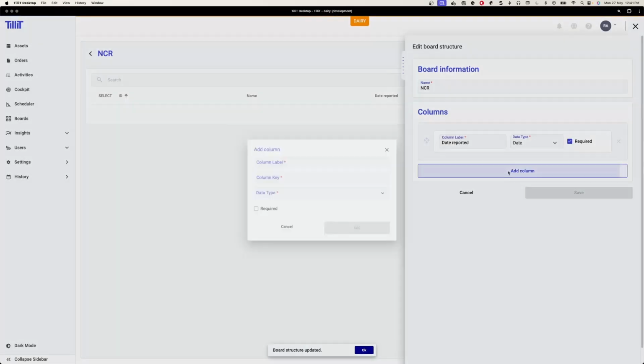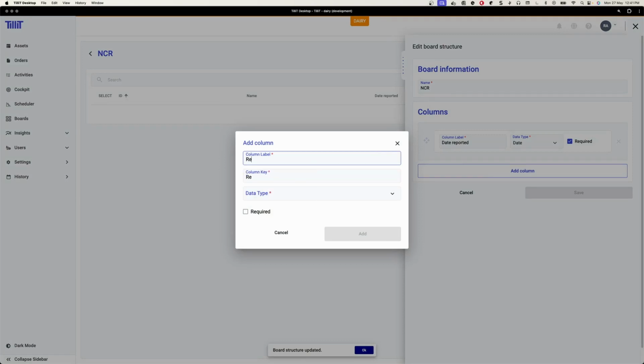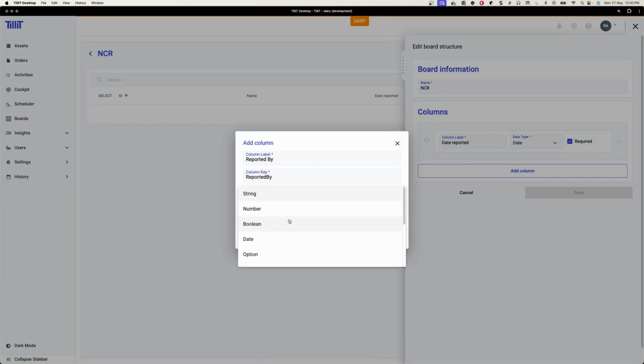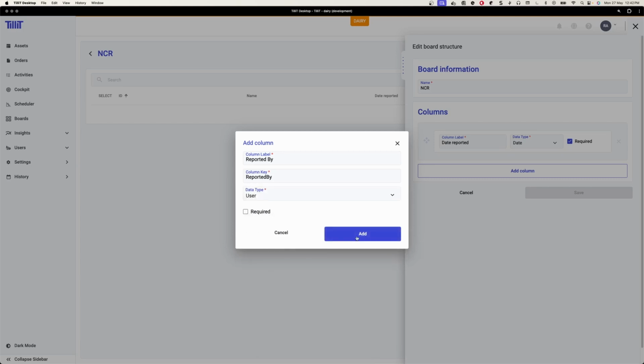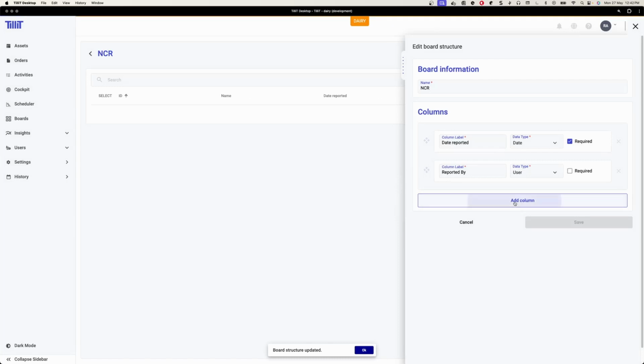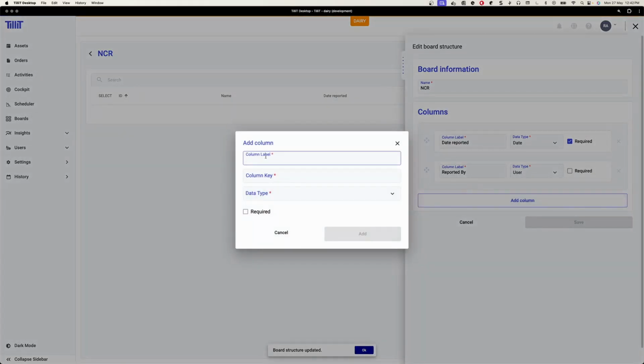Now we'll add a reported by column. Here you will link to the user that reported this issue. So just scroll down and click on user as data type and add. Finally, now a status column. Then add a description field